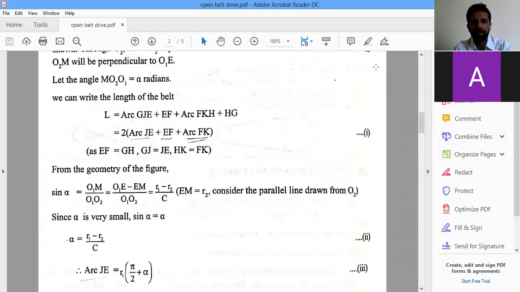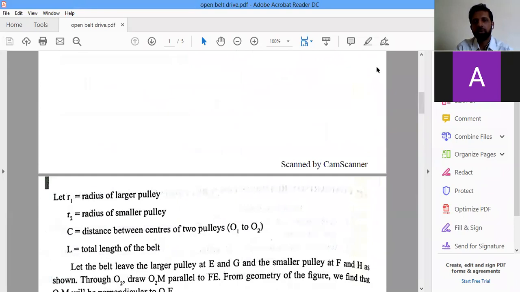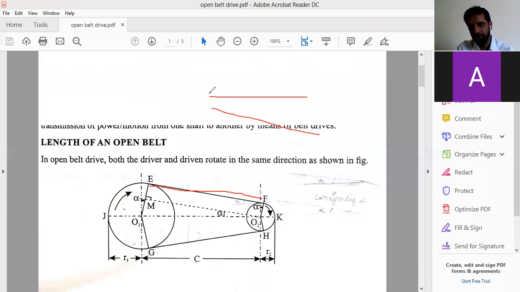Okay, so the next thing that comes into the picture is that, though E to F is a straight line, it is inclined. It is not a horizontal line, it is inclined like this. So this distance is going to be different. We have to find out what this distance is. E to F is how much? So how do we get that?